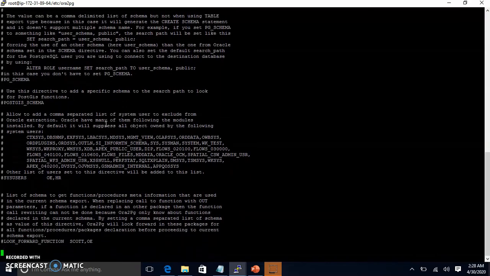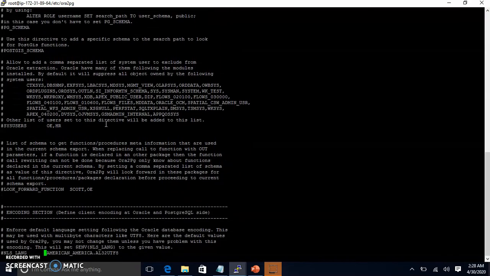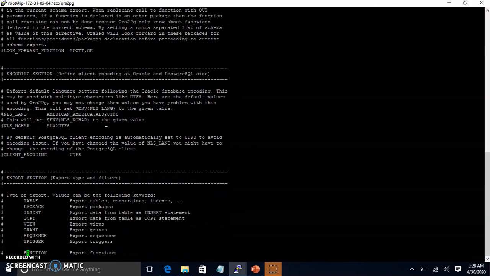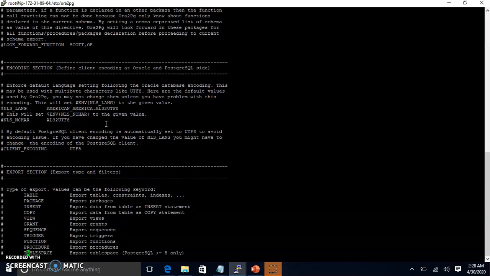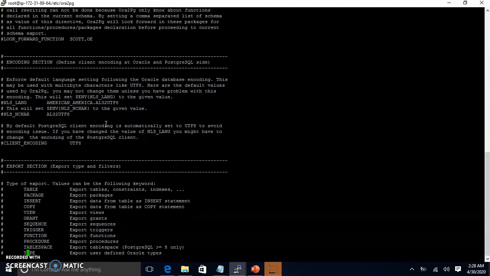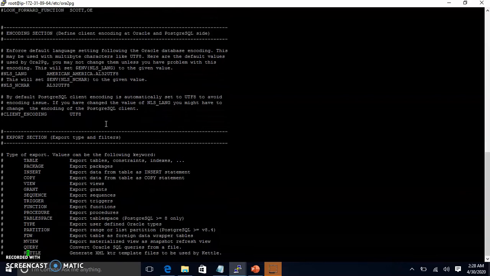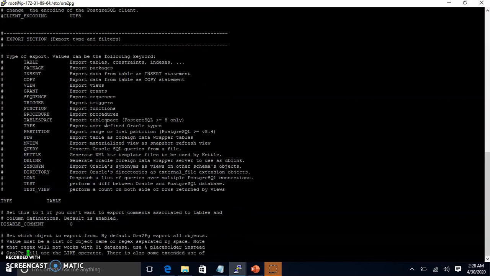Okay, I'm not going to set anything on sys users. These are not required. Okay, here I need to do something. This is the type of export. Table is default, but since I have objects, if you remember, I have 6 types of objects like table,